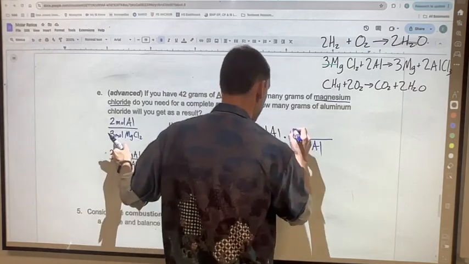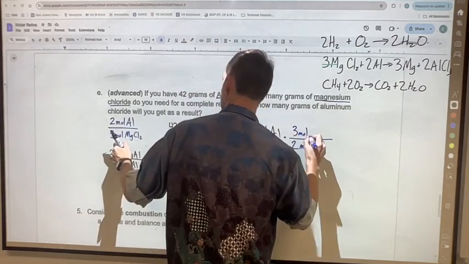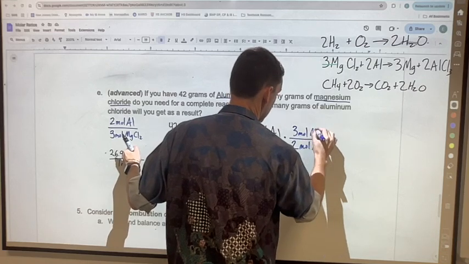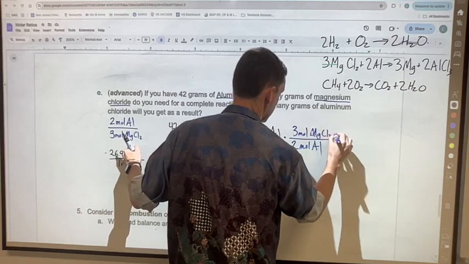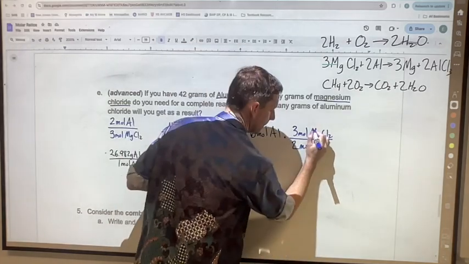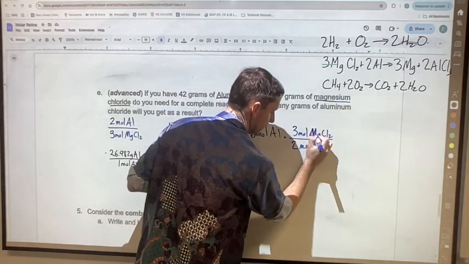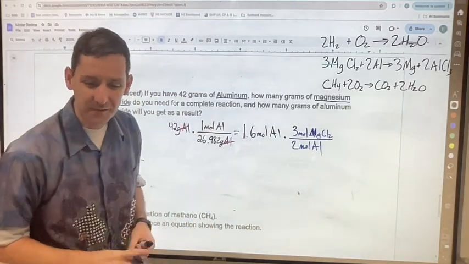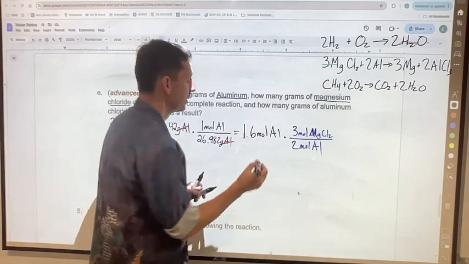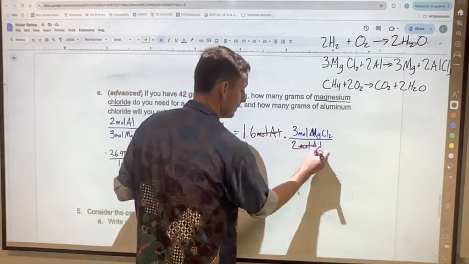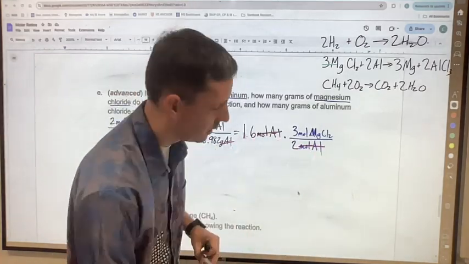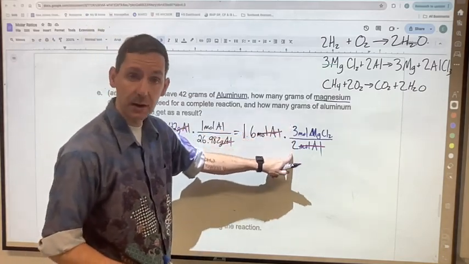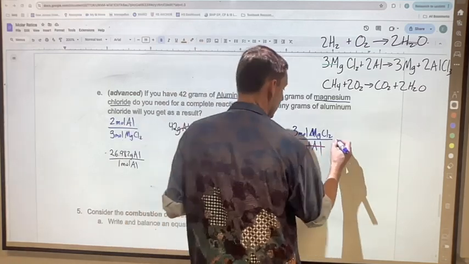And I'm going to put the 3 moles of MgCl2 on the top. All right, make sure that's clear for you there at home. And now I can solve. Okay, we see the moles of Al cancels out. Woohoo! And then 1.6 times 3 divided by 2, and we get